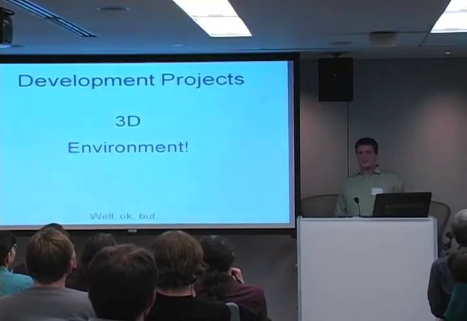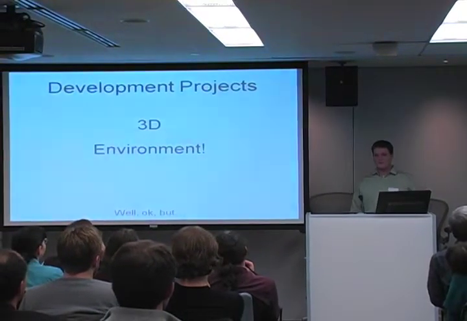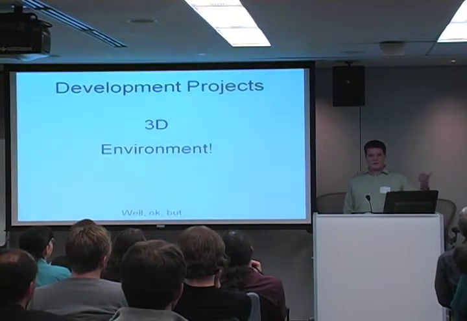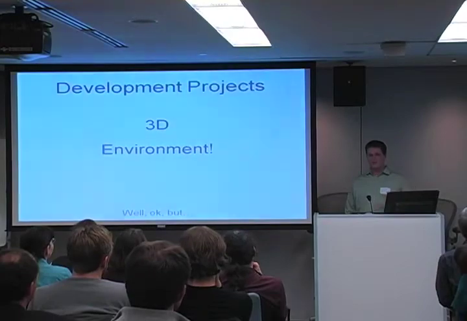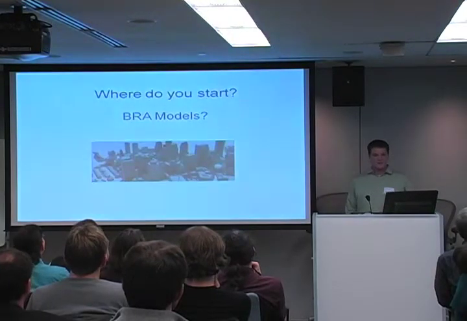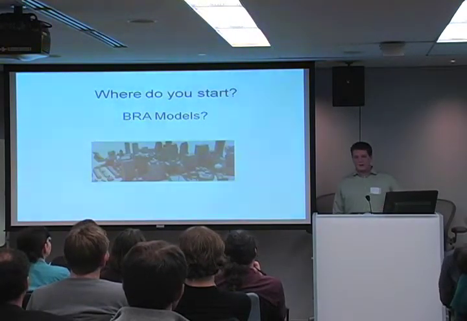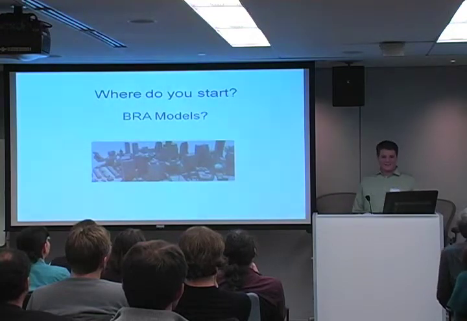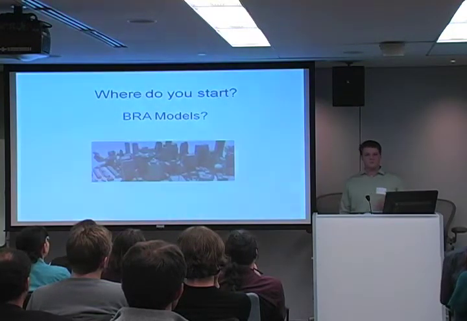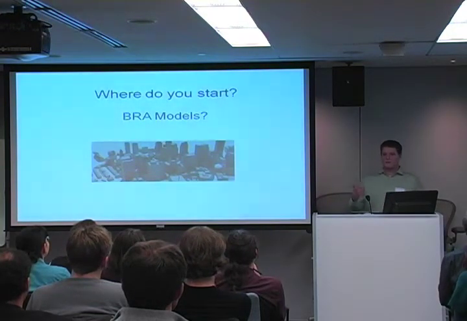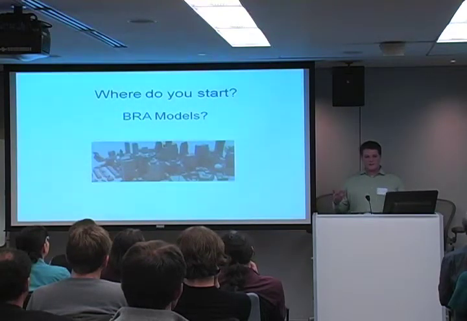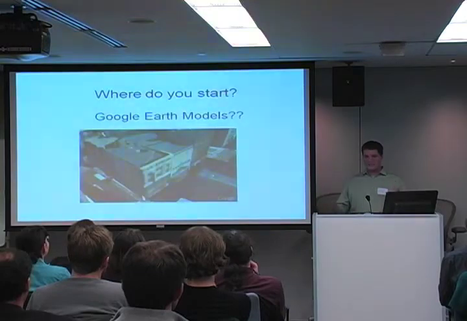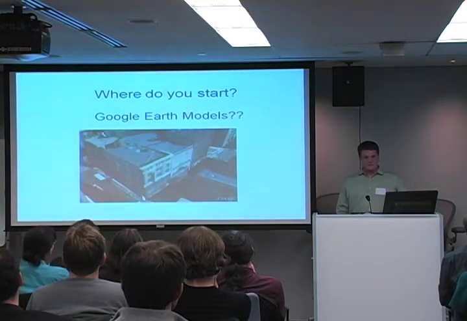So we sat down and thought, why don't we just go online and see if we can download a free model? We all know the BRA, the Boston Redevelopment Agency, has a complete model of the whole city. I downloaded it, I was all excited to look at it, and it turns out they don't maintain the textures in the buildings, so there are no facades, no sides of the buildings. It's also very detailed, which was a drawback for the game because the game really had to be processing intensive.